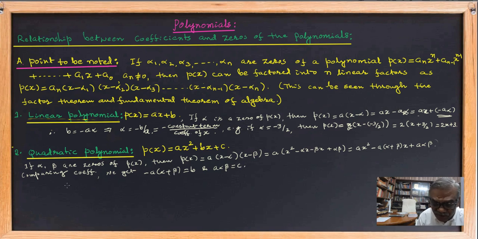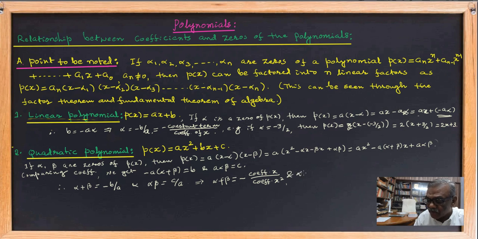Therefore, alpha plus beta is equal to minus b by a, and alpha into beta is equal to c by a. In words, the sum of zeros, alpha plus beta, is equal to minus the coefficient of x divided by the coefficient of x square,